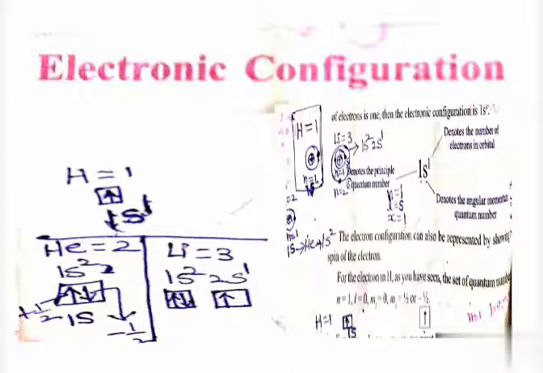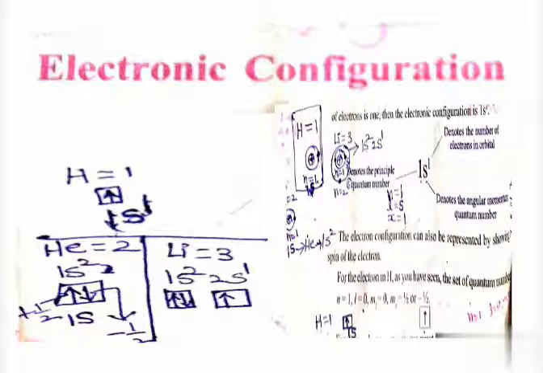So for many electron atoms, we must know the electron configuration of the atom. The distribution of electrons in the various atomic orbitals provides an understanding of the electronic behavior of an atom, in turn its reactivity. Now take the helium element as an example. Helium Z equals 2. This helium atom has 2 electrons, and how are these 2 arranged? In helium, one electron is upward and one electron is downward, we should keep. So in helium we will keep like this.